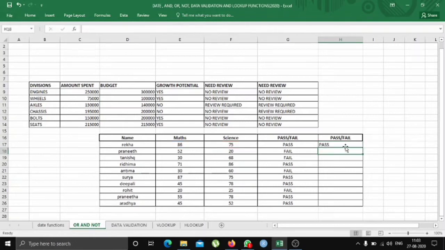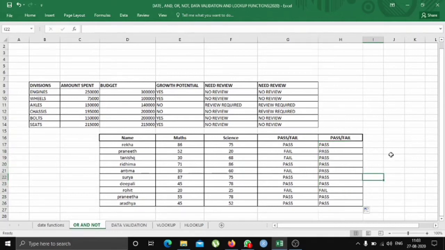See, he is fulfilling both the criteria, so the student is considered pass. Over here, it will be considered pass because the student is fulfilling one criteria. In here also, pass, pass, pass. So in all the cases we will get pass, but in the case of Rohit, he is not fulfilling any of the criteria, so he will be considered fail, and the rest two also pass.